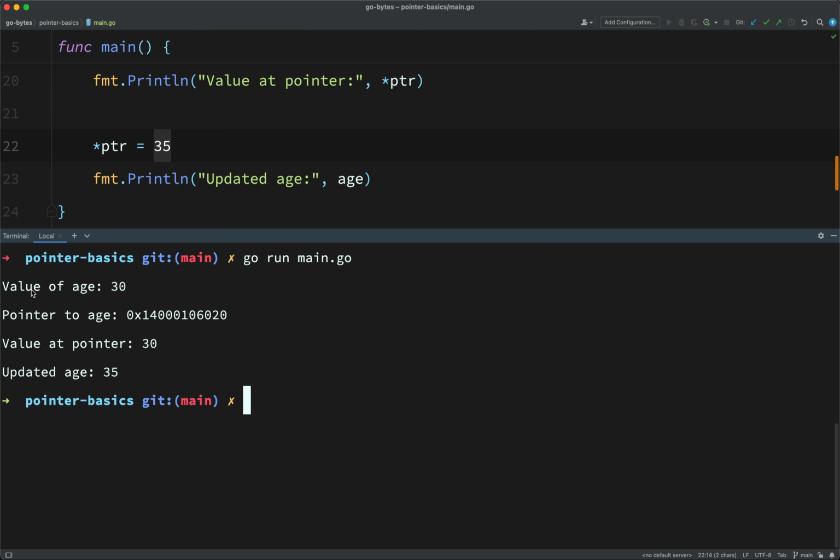Okay, perfect. So we started out with a value of 30 for the age. We created a pointer which pointed to that value in memory, and we checked the memory address by printing out the pointer value, being a memory address, and then we used dereferencing to get the value for that pointer, and then again we used dereferencing to access and update the value that we are